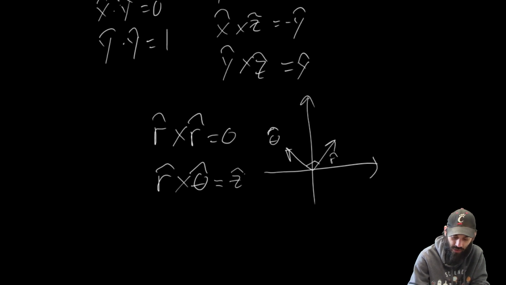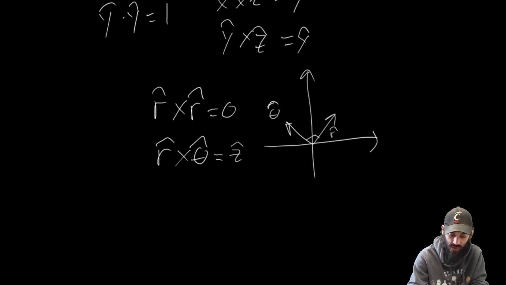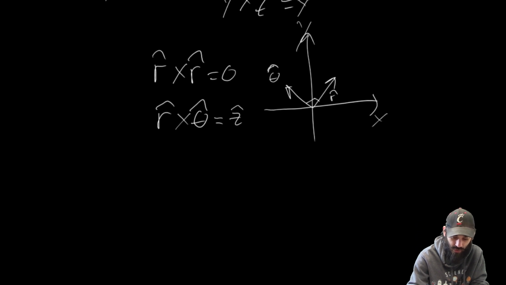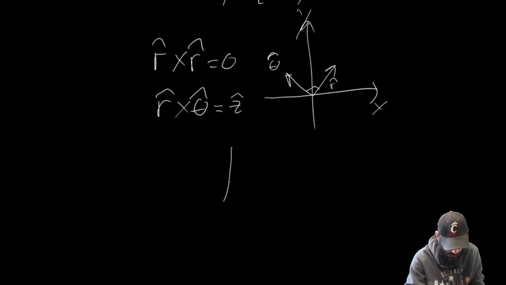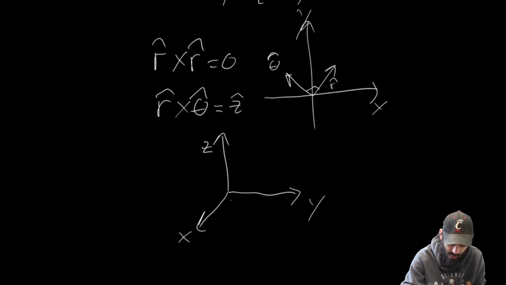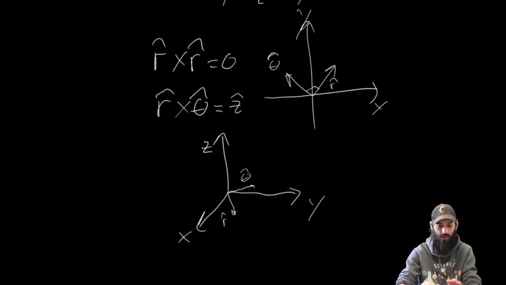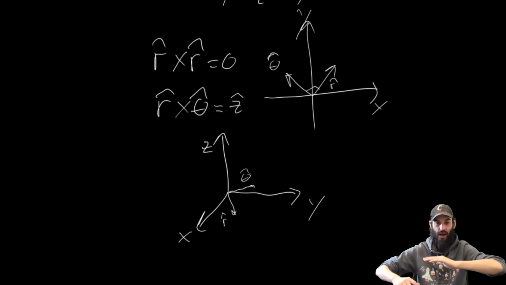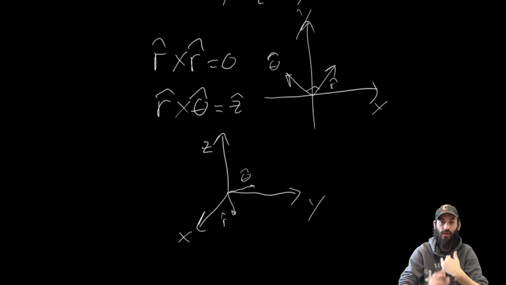Because in reality, what we're doing when we're drawing this coordinate system, I'm calling this an x and a y. So you have to think about how I'm moving this around and rotating it. But here's my x and here's my y now. I'm drawing it in 3 dimensions. Okay, and then here's my r hat, and here's my theta hat, right? So I kind of took this and flattened it out, and then turned it around, and now I have my